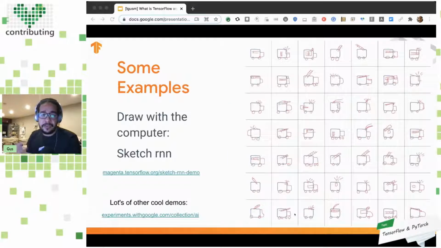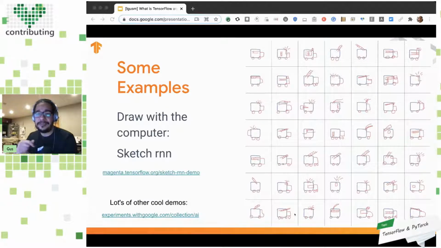And last one, just to be more uplifting instead of car crashing, we have this bunch of experiments and demos from the Magenta team. Magenta is a library in TensorFlow that helps you deal with art, right? So music, images, and sound that helps you be creative. Here, the specific example I'm pointing out is the Sketch RNN, where in this demo you can go there and get the computer to help you draw anything. So here, you can start drawing, for example, a fire truck, and the machine will complete it for you, right? Which is really cool.